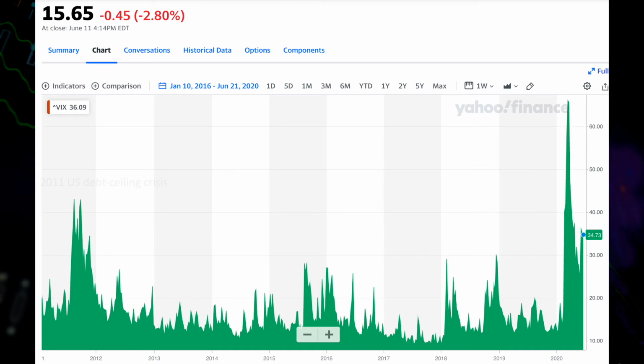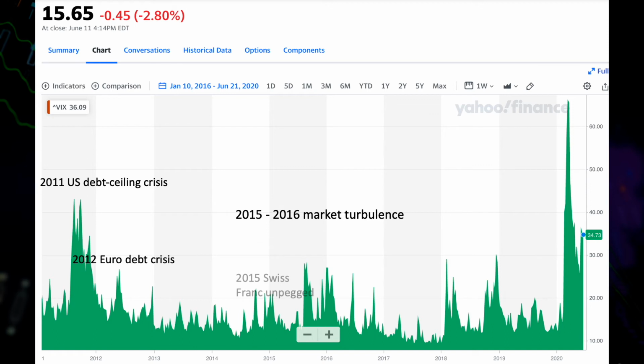We can associate these spikes with the events that trigger the fearful sentiment. In 2011, the debate about the US debt ceiling triggered the US debt downgrade. In 2012, the Greece debt crisis spread to the whole EU. There's a broader market sell-off in 2015 and 2016 due to a series of events, notably the unpegging of the Swiss franc from the euro in January 2015, and the GDP slowdown of China in mid 2015,